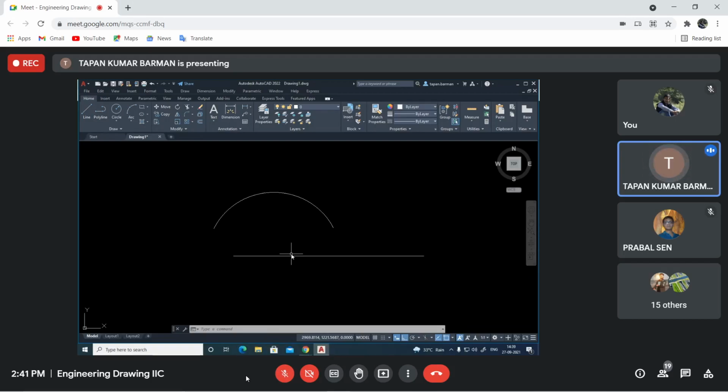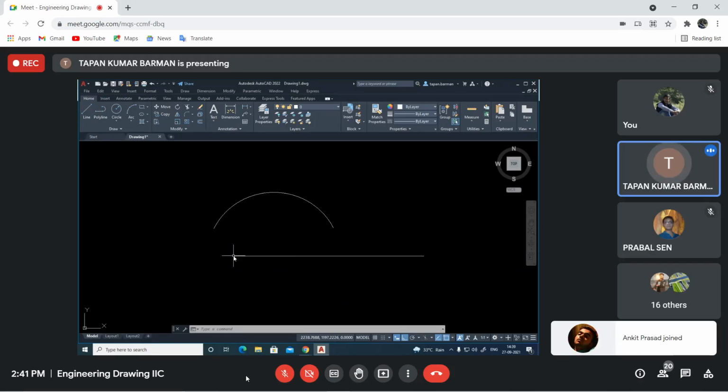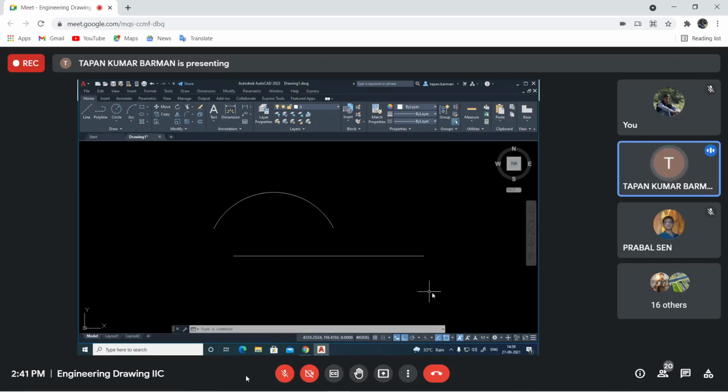In your engineering drawing also, you have divided this type of lines. At that time, what did you do? Arbitrarily, you drew one line here, making an angle with this, and then with your divider or compass, you divided it into 5 equal divisions, and then from the end point you joined the end point here and, drawing the parallel lines, you could divide this line. Do you know this procedure or not?